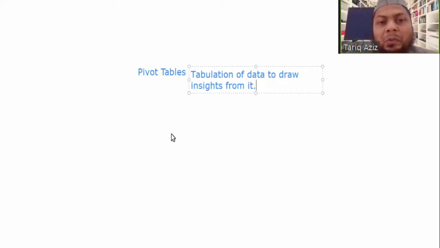But in this context of spreadsheets, pivot means we can decide the presentation of the data: what data should come in the rows, what data should come in the columns, which data we want to ignore, which data we want to include in the table.